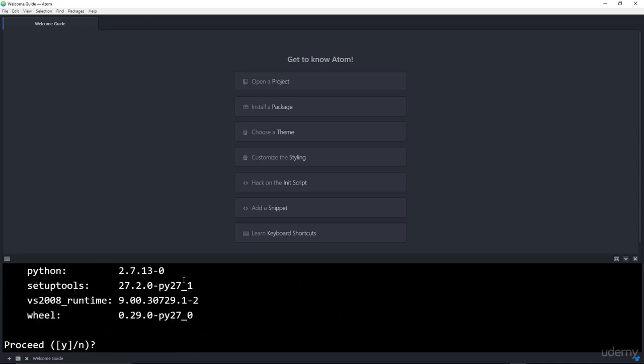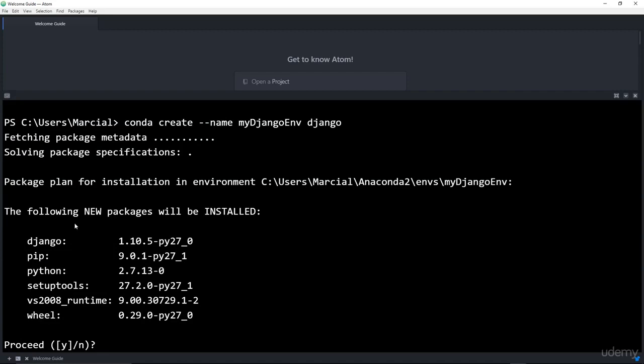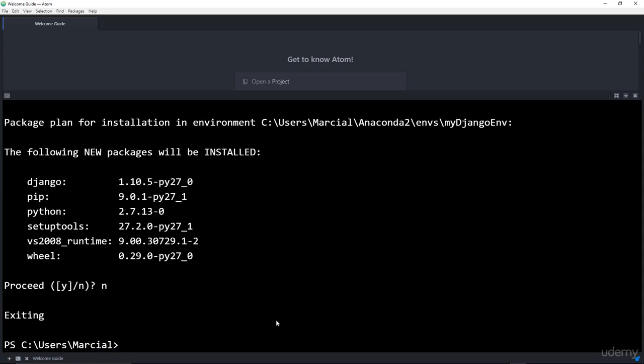I don't have Django on this computer yet, so what it will do is fetch that metadata, and let me expand this to show you what happens. It will ask you, hey, these new packages are going to be installed, is that okay with you? And I will say no right now, because I actually don't want Python 2.7, I want Python 3. So what I'm going to do is say no on proceed, and instead I will say this: conda create